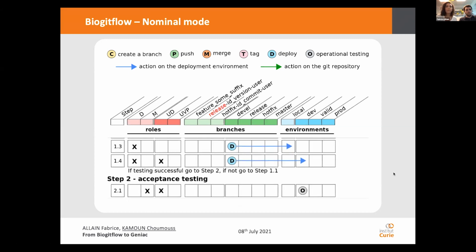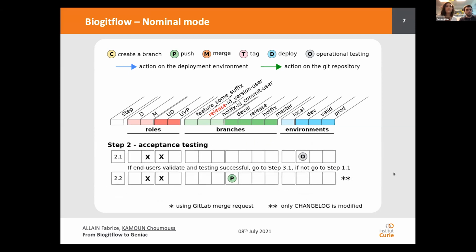In step 2, only the maintainer has the rights in GitLab to make operational testing in a dev environment and to push on devel branches the changelog modified.